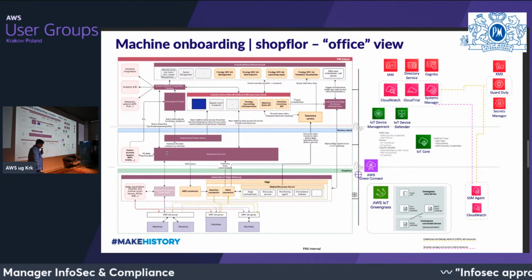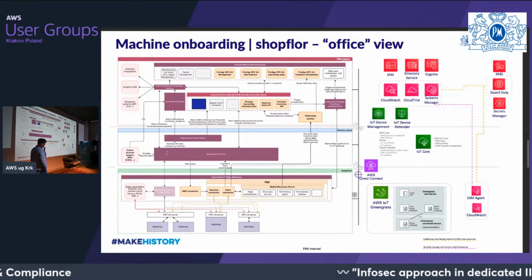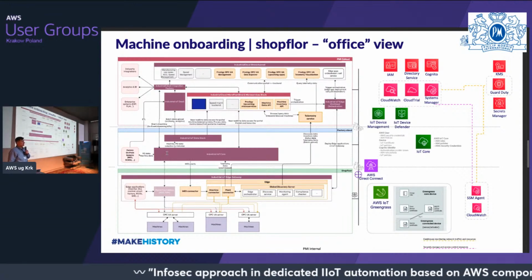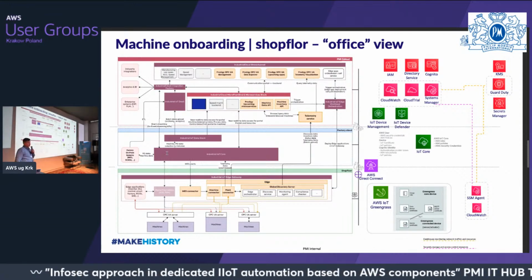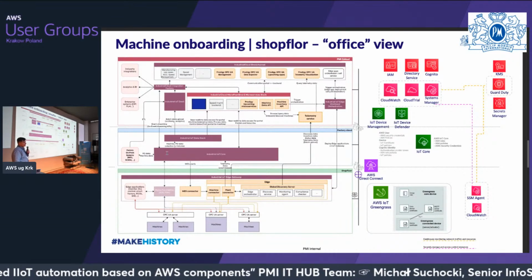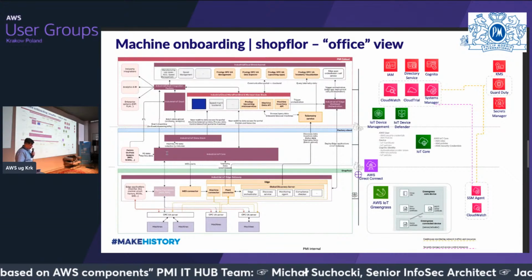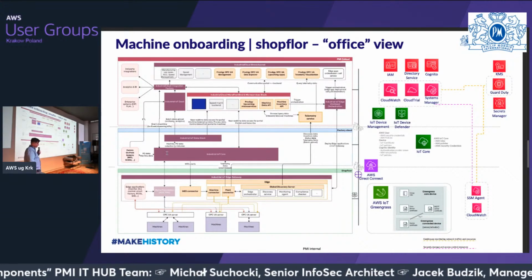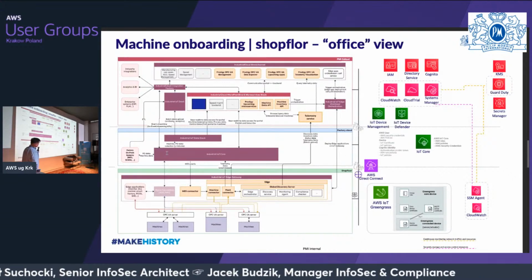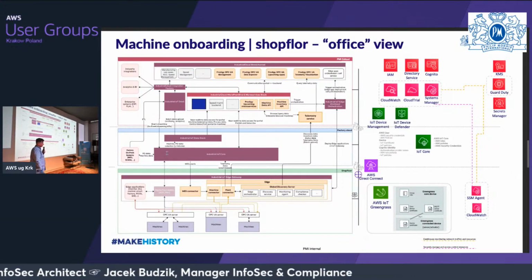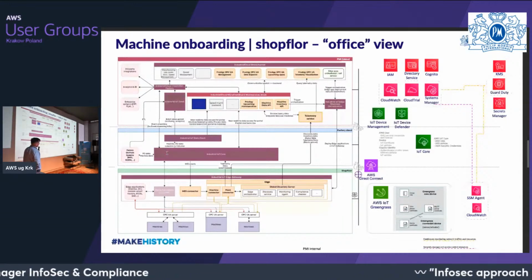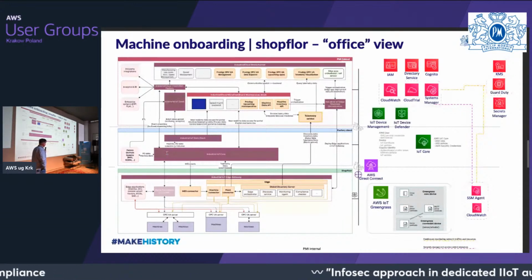Okay, having IoT Core, we can set up different types of policies. We can set up different types of profiles. We can manage certificates through IoT Core. We can set up the roles. In general, it's managing our devices from a policy perspective as well as from a data perspective. Then we have IoT Device Management. It's managing our fleet, so it's supporting IoT Core. I mentioned already IoT Device Defender.